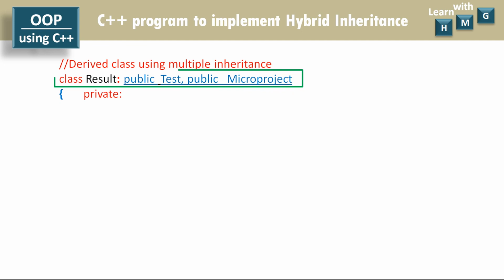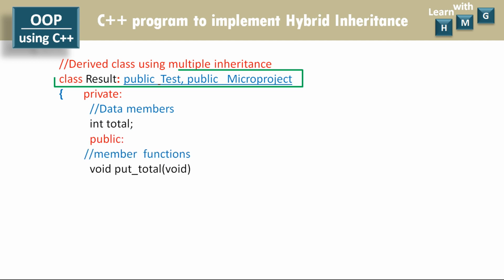Let us declare data members. Only one data member is there, that is total marks, that is of integer type. In public section I am going to define now put total function. Here this is also a void type of function, does not accept any argument, does not return any value. Let us calculate the total marks first by implementing the formula. Now in this formula we are going to access intermediate class data members. Intermediate class data members means the intermediate base class data members, that is marks 1, marks 2 and marks 3.